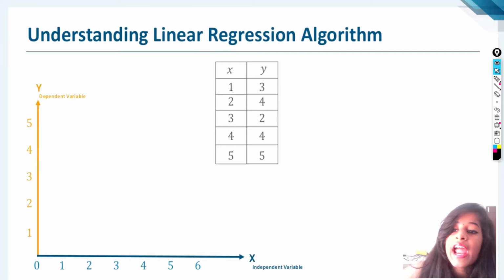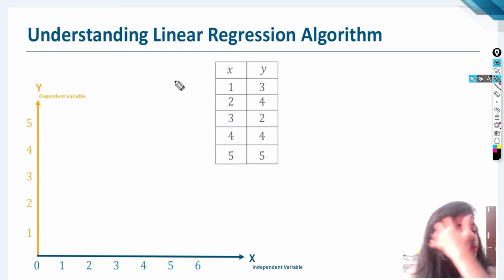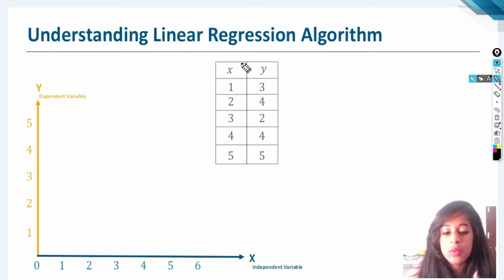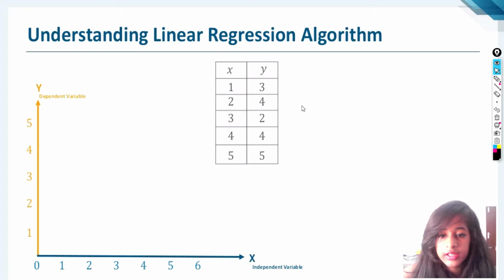And now let's understand how we predict here. Let's see how we use this linear regression. Let's think we have a variable x and a variable y. Variable x is an independent variable, and variable y is going to be a dependent variable. So we have values of y and x. These are just sample values, so now we have the values right here.